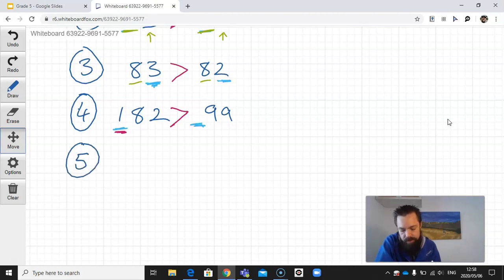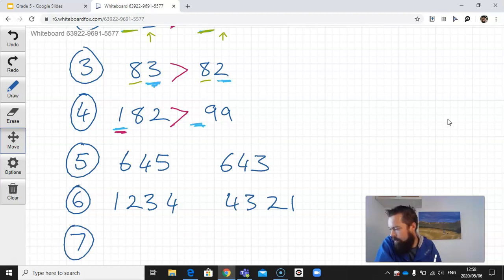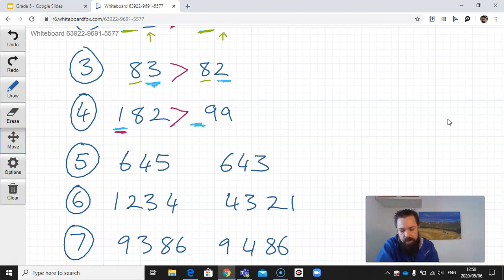Try this one on your own. I'm going to put in the next couple of examples while you're working on that. Okay, let's go look at number 6. So I'm going to start off by looking at to see which of them has the biggest units,